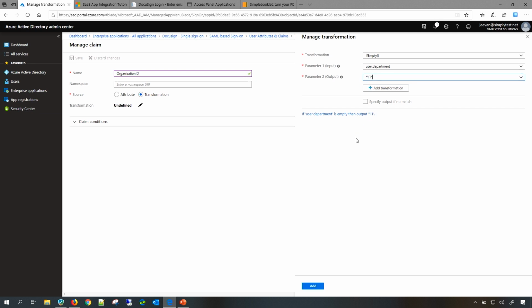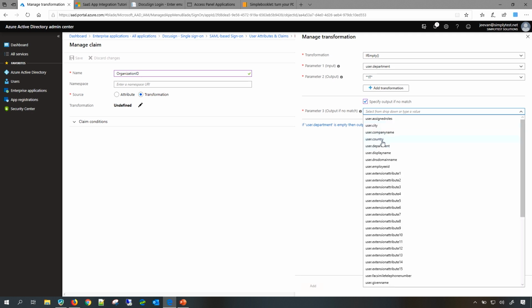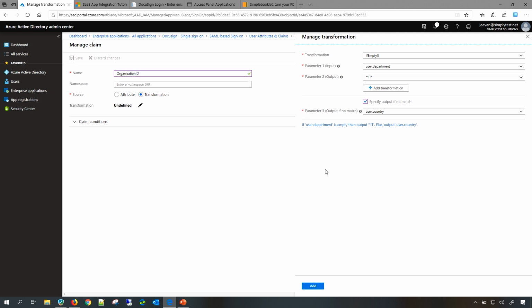I'm just taking this as an example value over here, but you can add different sets of conditions, and it will show you at the bottom what condition you are evaluating. You can also add an else condition over here. So if user.department is blank, then have IT, or if there is no output on that, then provide something else like that. And you can use these particular conditions for your claims.